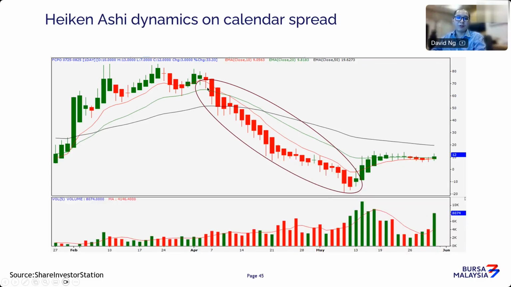So just to show you the dynamics, here we have a series of red candles. As long as this series of red candles are below the moving averages and trading below, moving averages can also be used as a crossover. You have what we call a bearish crossover, where the shorter moving average crosses below, and the candles are below both the moving averages. This is telling you this market is poised on a downtrend. So you can see how trendy it is. The market can continue to trend for, I think this is almost close to a month. So it went from as high as positive 70 premium to as low as 0, back on par.